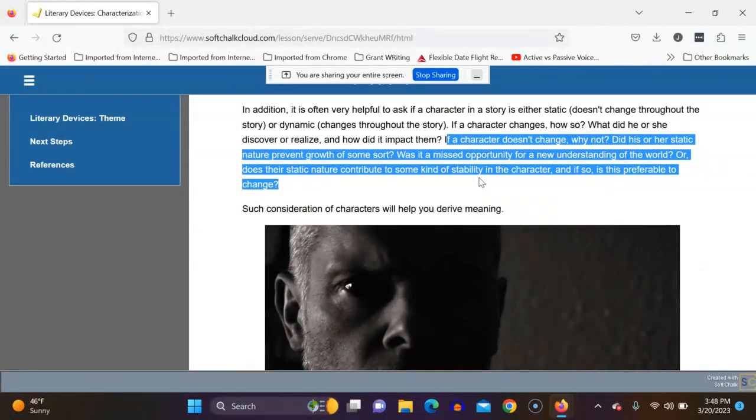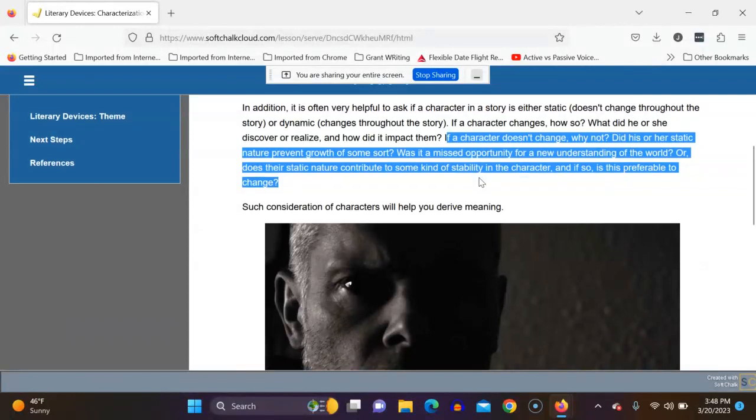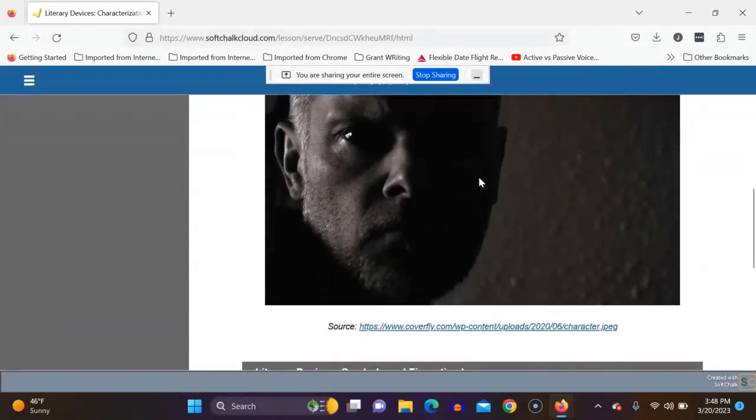Is there something about the nature of the character that prevents them from making this growth? Did they miss the opportunity to understand the world better? Or maybe it's a stability thing, right? So what is it about this that you